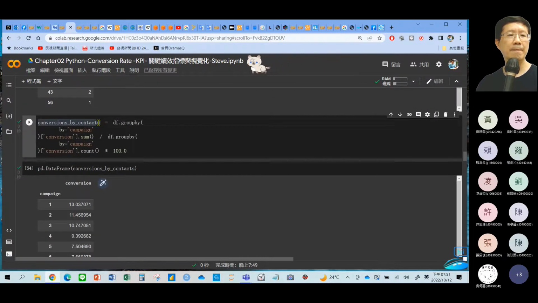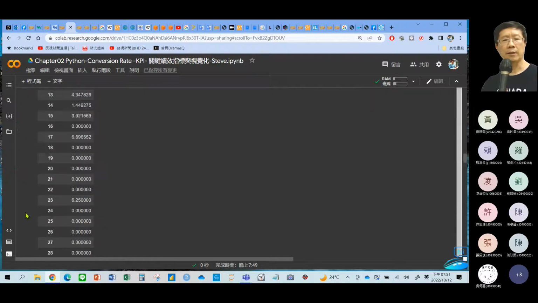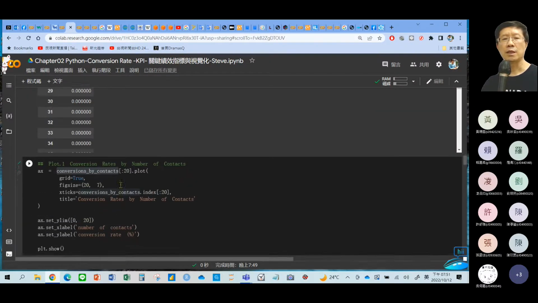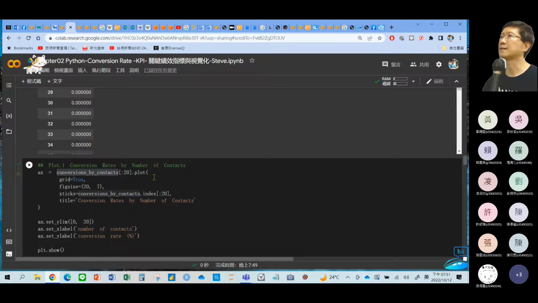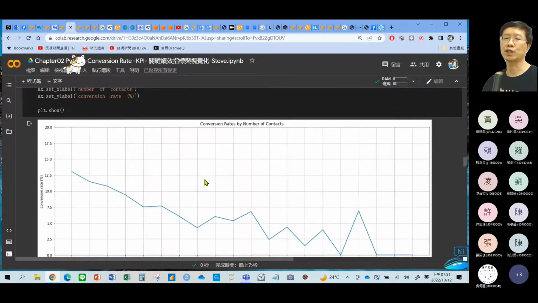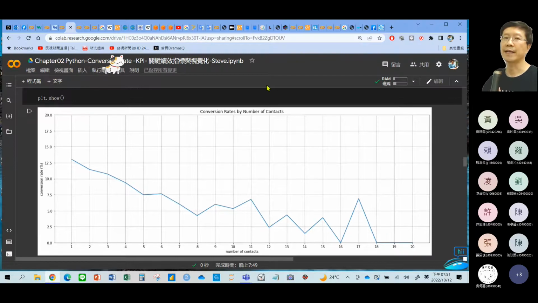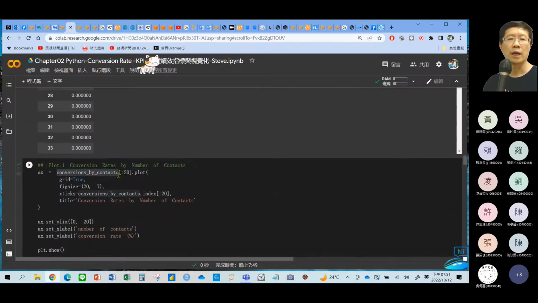We generate a new variable, so we use this function: sum divided by count and multiplied by 100, so it will be a percentage, right? But we only show the first 20 rows. 我们现在只秀前20笔。